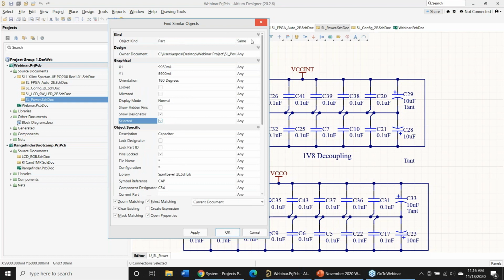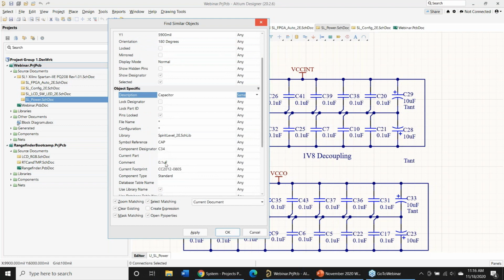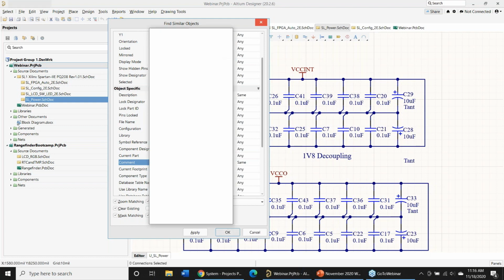What I can do is say, I want to find all the parts that have a description of capacitor, and all parts that have the same comment. Then I can come down here and say current document, project documents. I can hit select matching, which is actually very important. I'll talk about that in a second. I can zoom, clear this, set up this, and open properties panel is really nice too. So I say okay,